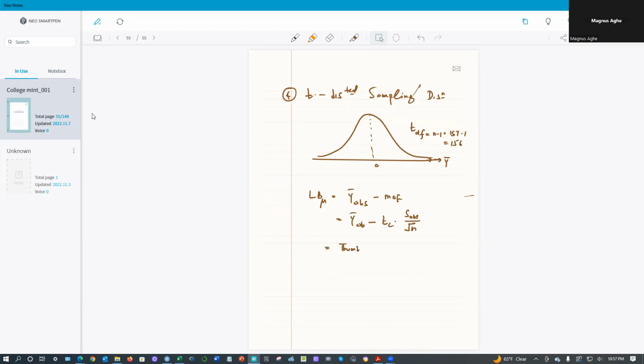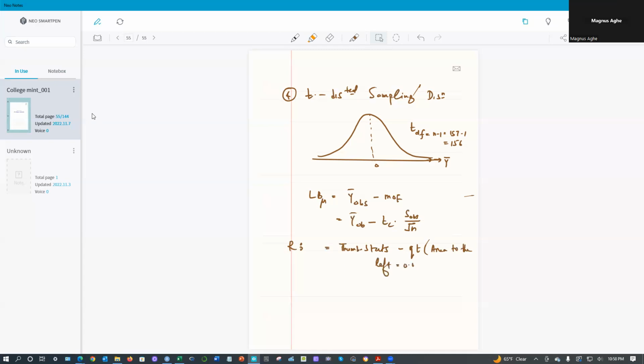Can you remember thermostat in R? Thermostat minus TC. How do you get the TC? TC is nothing but you go to qt, quantile of T distribution. Then you're going to put the area to the left, which is